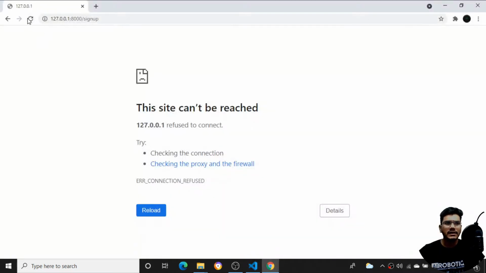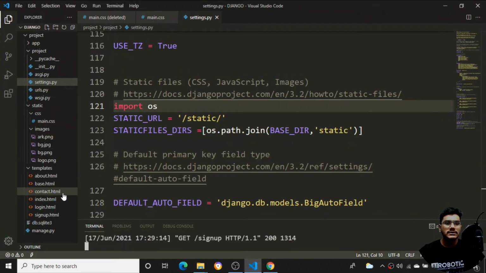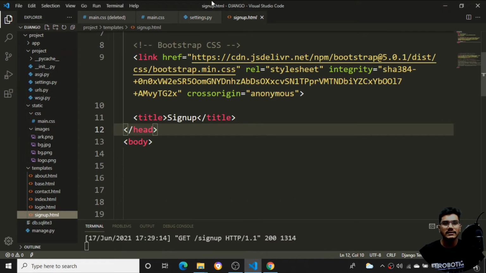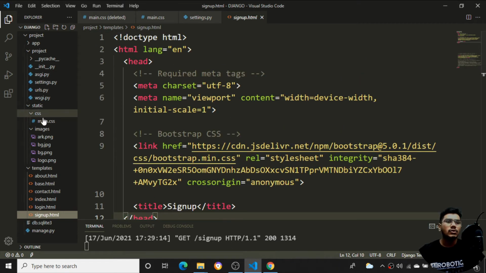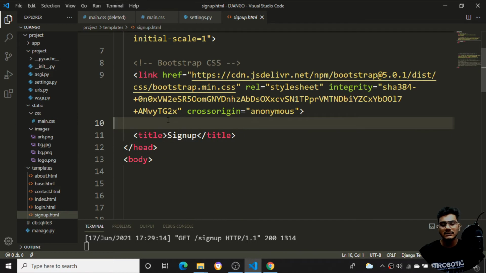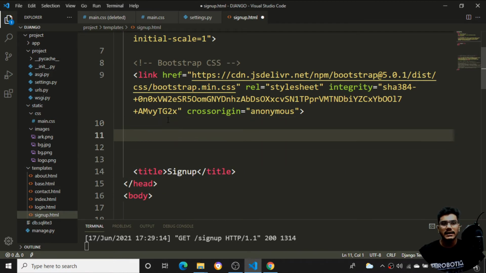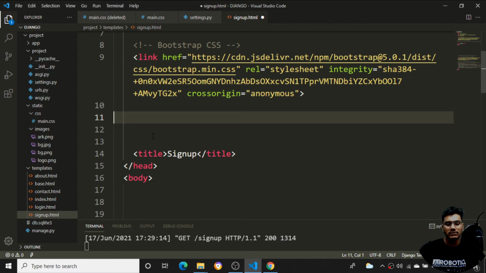If I come back and refresh, you can see the server is running, but the image is not getting loaded. So why? Because I need to come back in my settings, the signup.html page. I need to load this CSS file, that is the main.css file. To load a CSS file, what I need to do here is inside my header part, I need to say